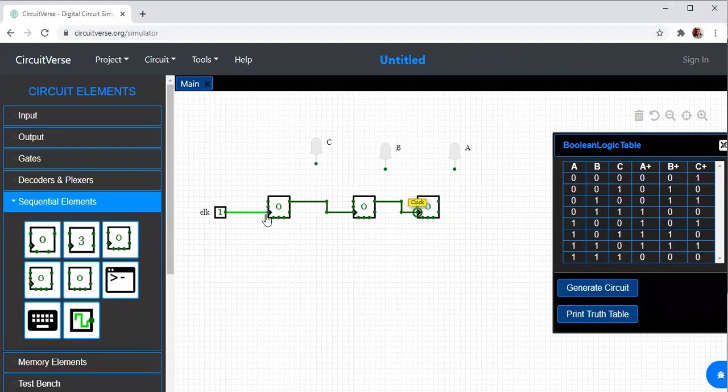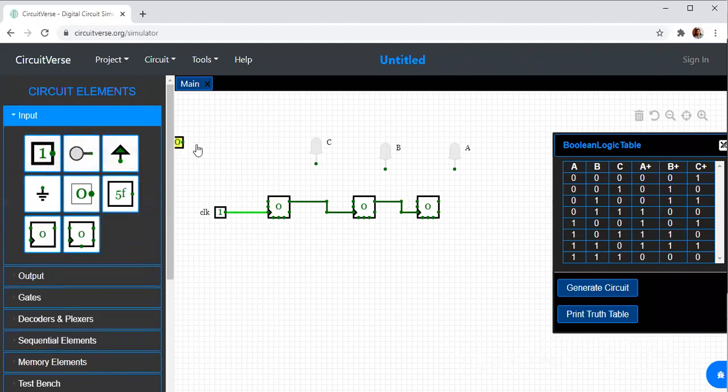Now J and K are 2 inputs. In JK flip-flop, I want the toggle condition. For the counter, I exclusively want a toggle condition. When will a JK flip-flop give a toggle condition? JK flip-flop will give a toggle condition when J and K have the value as 1. So what I'm going to do, I'm going to give a value as 1, short J and K and give it to 1. So this is logic 1.